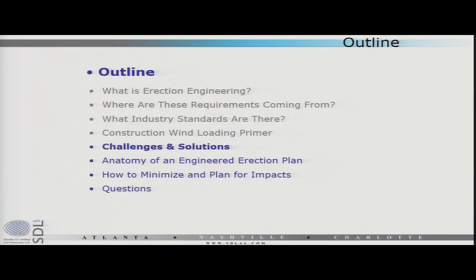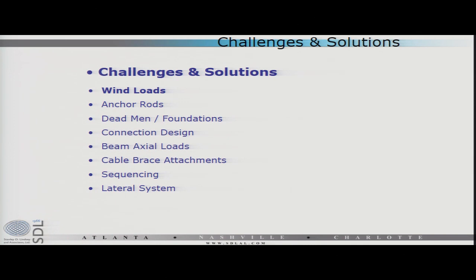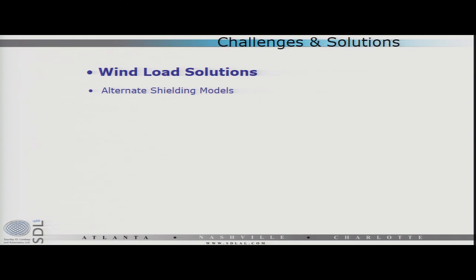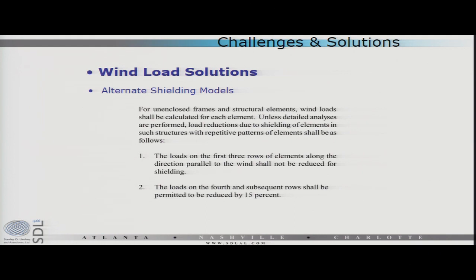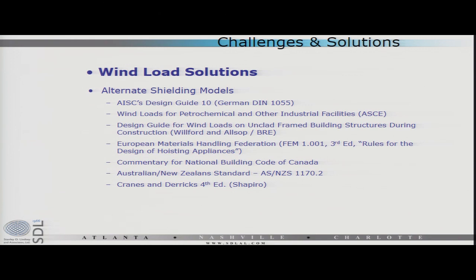So let's sort of talk about some challenges and solutions associated with these issues. And we'll start with wind loading, right? That was sort of the big challenge we went through. So what can we do about it? One of the things is to look at alternate shielding models, right? I mentioned the ASC 37 was quite conservative. Quick refresher, no reduction on the first 3 rows, and then a reduction of 15%. Right? There's a lot of other less conservative